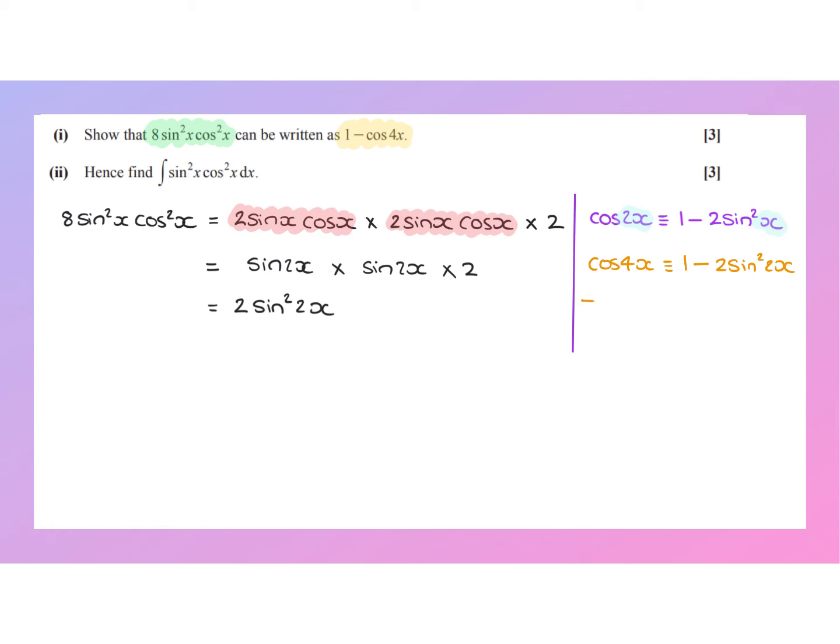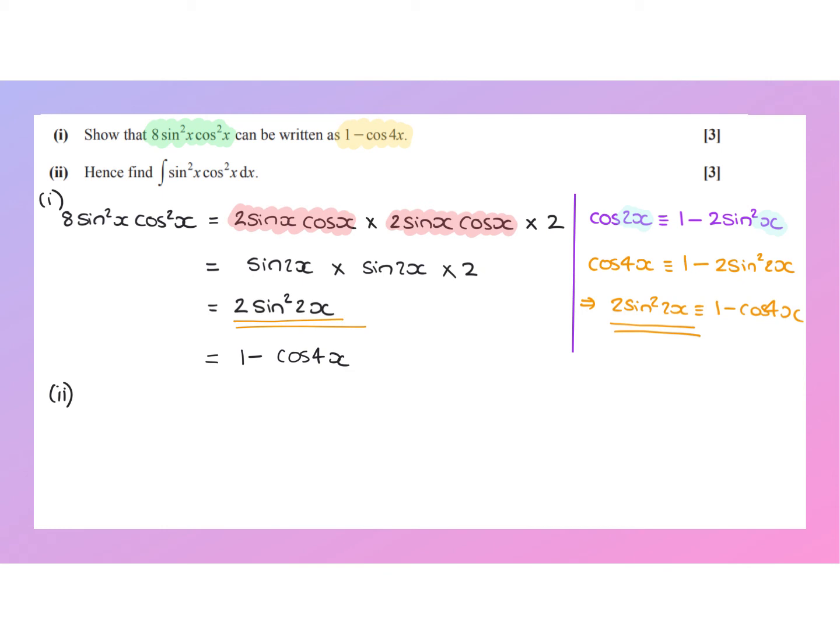I can then rearrange this, so it tells me that 2 sine squared 2x is equivalent to 1 minus cos 4x. Well, where have we seen 2 sine squared 2x previously? It's over here. So this is equal to 1 minus cos 4x as required. So part 1